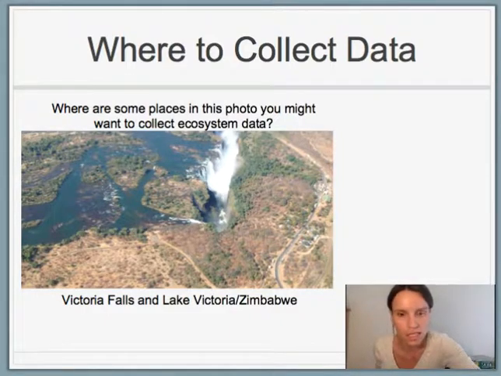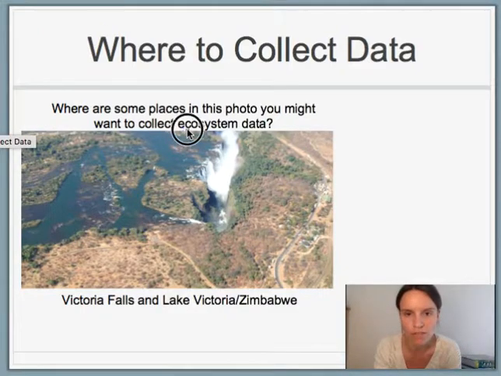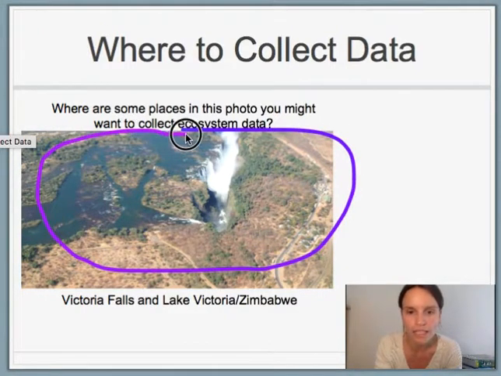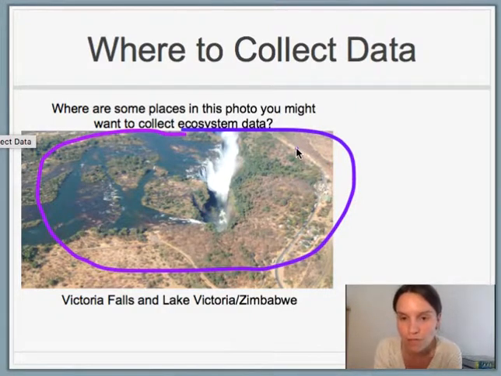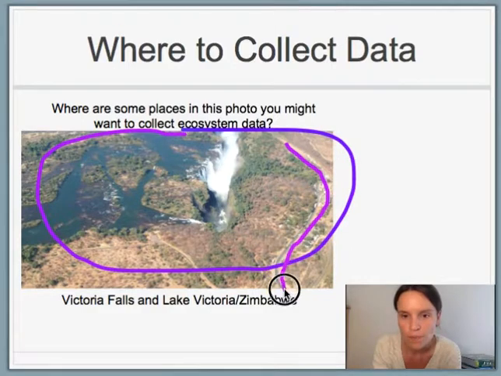So let's take this picture of Victoria Falls and think about where in this picture you might want to collect some data. The first thing that jumps out to me, and I took this picture because of this, is there's a road going through the side of this ecosystem right here. Something that's super interesting to do in looking at the effect of human systems on environments is measure the impact of human construction projects like roads and buildings. So it would be interesting to collect data going out from this road to see the impact of this construction